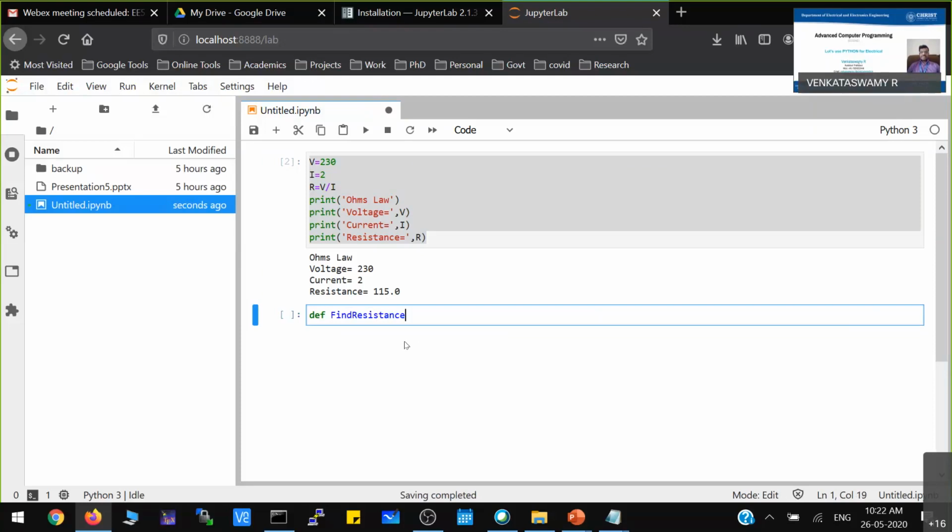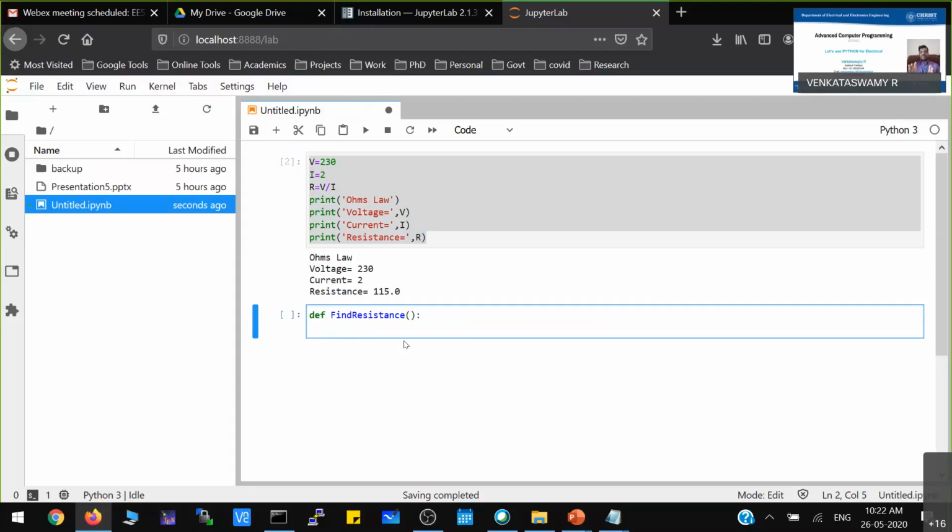Find resistance is the function name. Then you give a colon and press enter. Here, what you have to understand, the indent is very important in Python. One indent means you are moving to the next block.